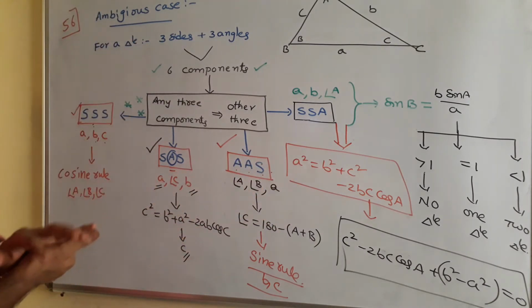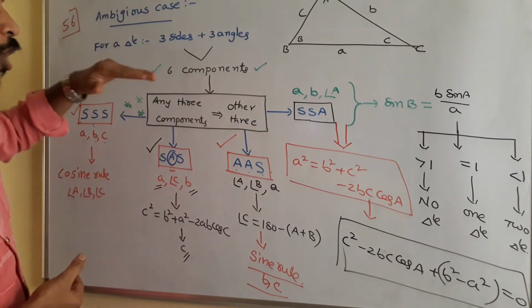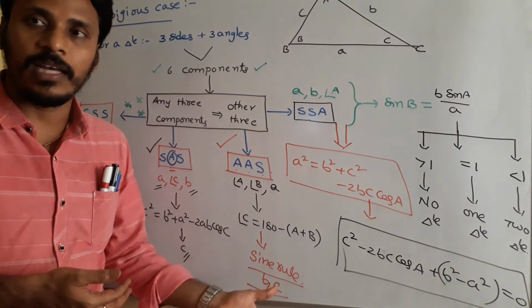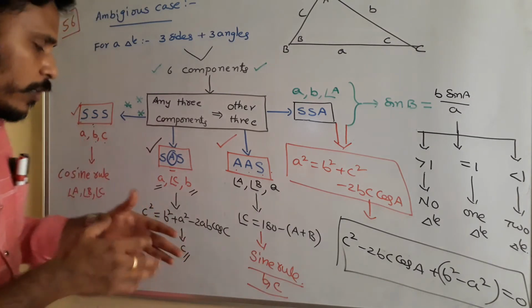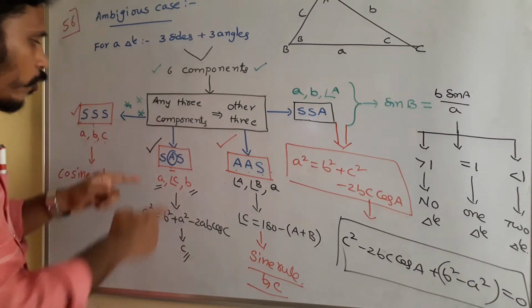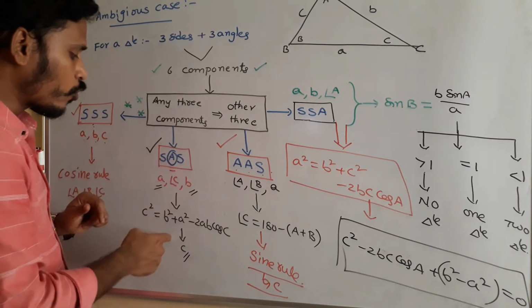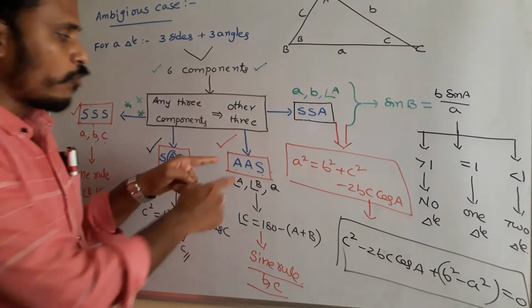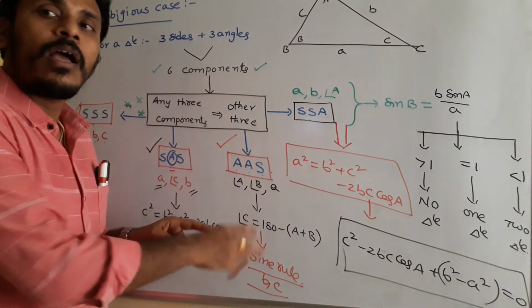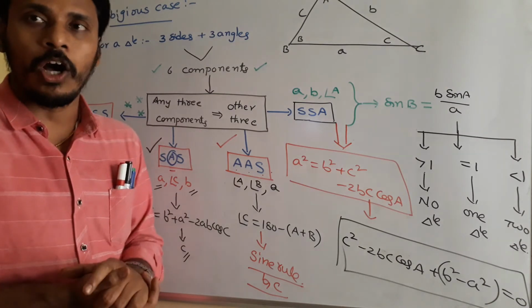At the end, you just look at all these things. A triangle will have three sides and three angles. We call them 6 components. Among these 6 components, if 3 components are known, easily we will find the other 3 components. If 3 sides are known, use cosine rule, find other angles. If 2 sides and the included angle are known, use cosine rule, find the remaining. If 2 angles and 1 side are given, easily find the other angle, and you can use sine rule, you will find the remaining also.